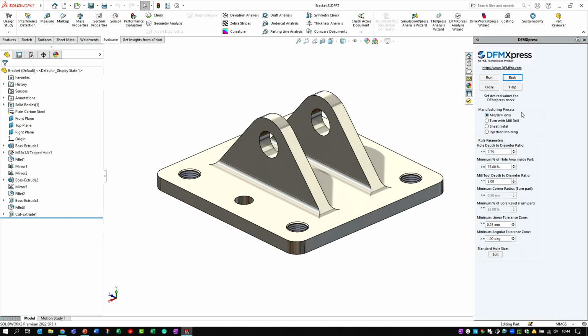The first one is milling or drilling. We can also do turning with mill drill operations, sheet metal parts, and injection molding. And based on the manufacturing process that we choose, we've got a series of rules that we can check against. So for milling, these are my rule parameters. Now, the ones out of the box are actually not too bad,